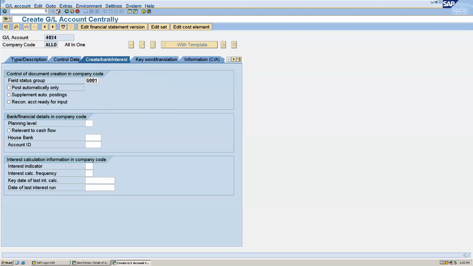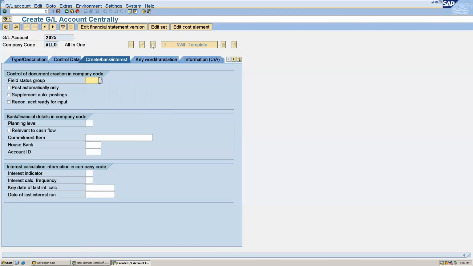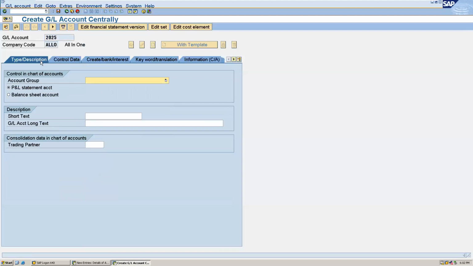Okay, save this, and we will create one more account for depreciation, which I am giving 2025. For the liabilities, I'm creating depreciation.